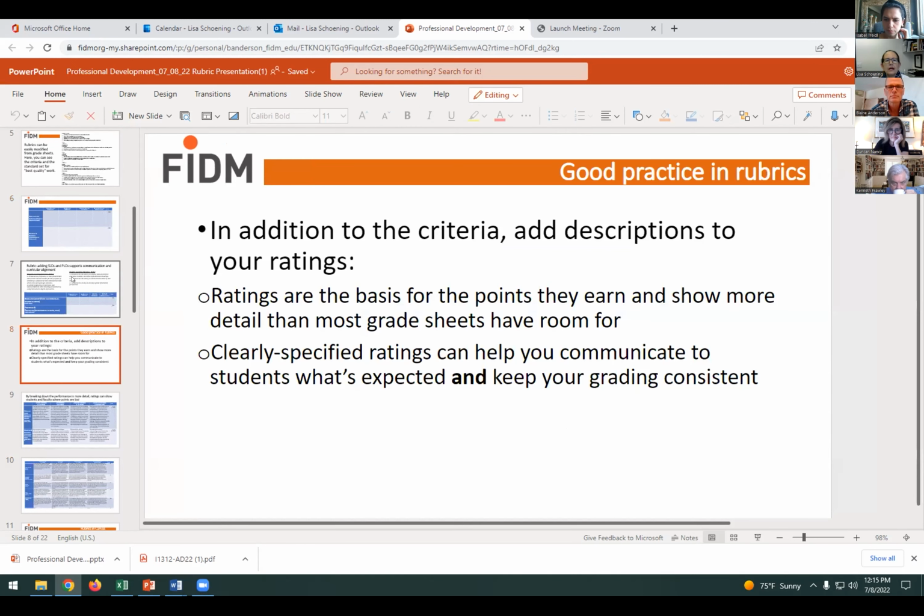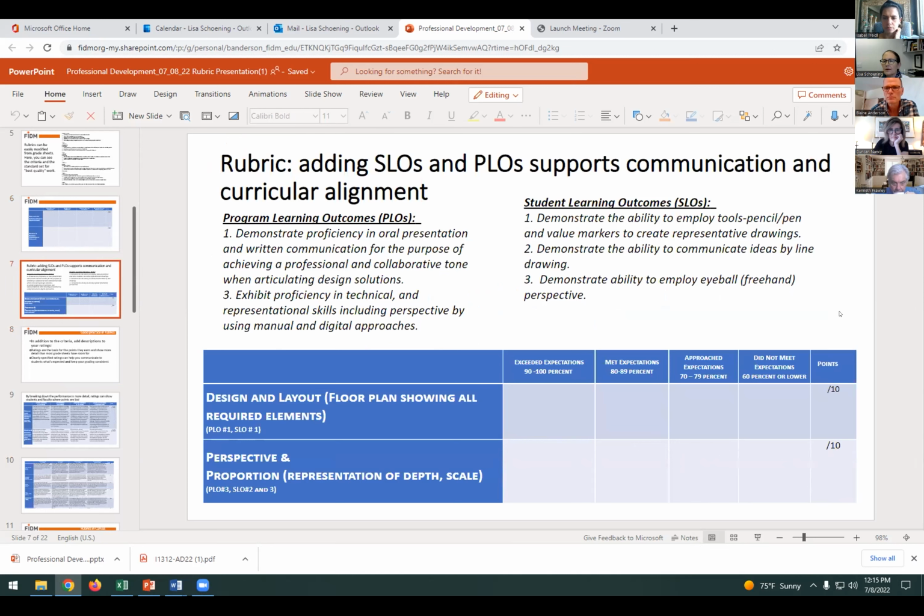One of the things, though, that we are starting to see as being really useful in the rubric is not just a description of the criterion, as you've got here, but the addition of the PLOs and the SLOs. In this case, for these two rubric criteria, I've reproduced the student learning outcomes and the program learning outcomes for this class. So design and